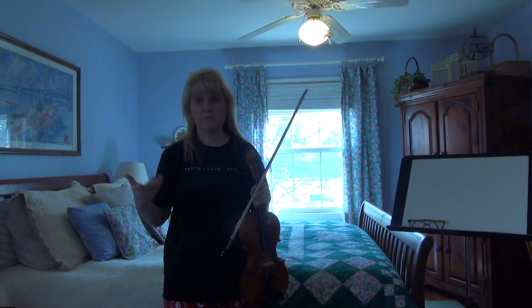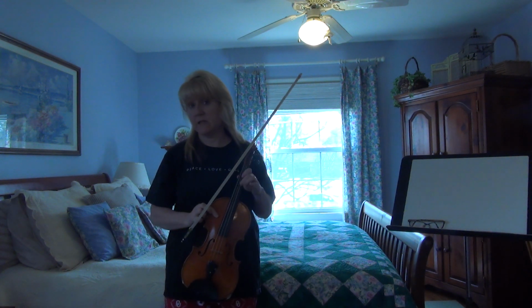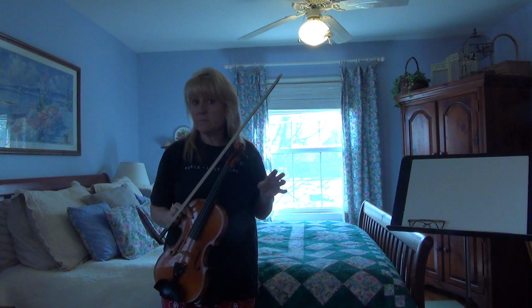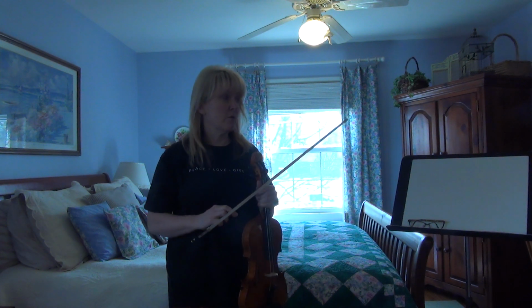The finger pattern, of course, if you're a violin or a viola, it's going to be high 2 on the D and the A. If you're a cello player, it's going to be 3rd finger for that F sharp and for that C sharp. And if you're a bass player, you're going to do 4th finger for the C sharps and the F sharps. Okay, so